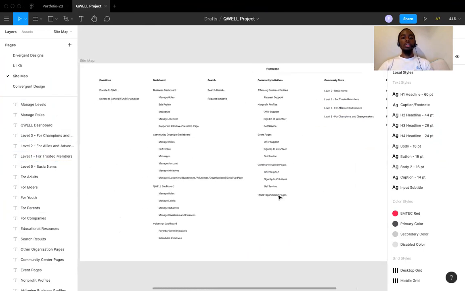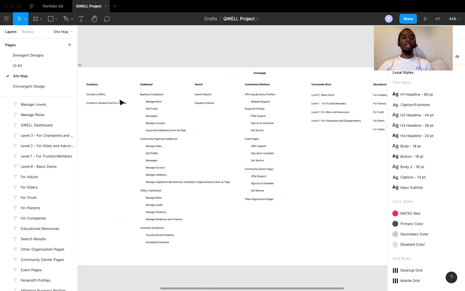So I kind of sort of cheated, put donations, community store, and educational resources as just little buttons. Well, it's not really cheated, but I wanted to put everything on the home page instead of in a menu, because during our